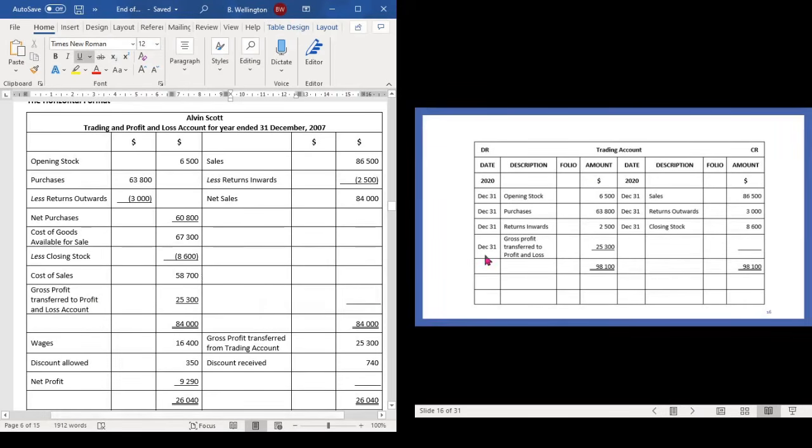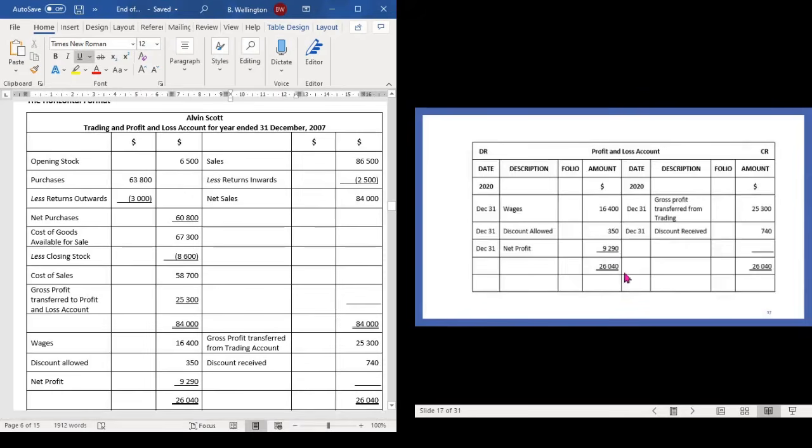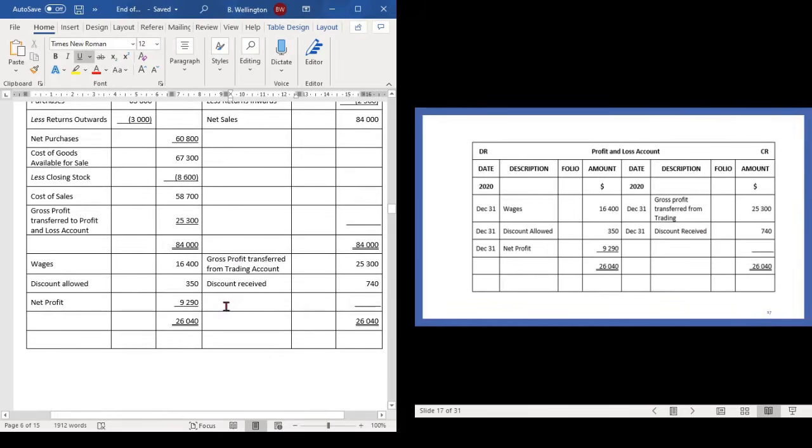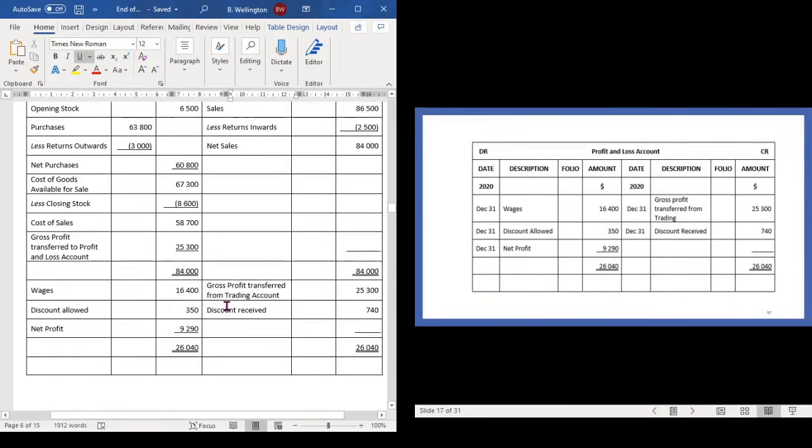However, in the style that we showed in the demonstration that we did before with the double entry, we were not able to see those important items. All right, let's move on. That's a trading account, that's a profit and loss account, and again we're seeing the same net profit. Okay, now that was the